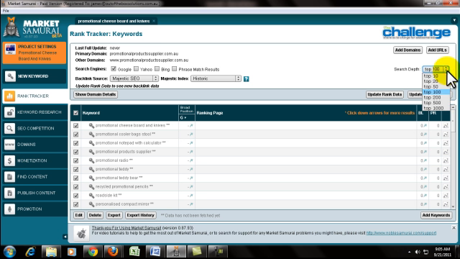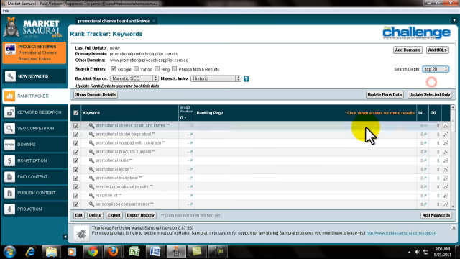you choose here if you want to get results for the top 100 or top 50. For this example, let's just set this to top 20 so that it will run faster. The higher the number here, the longer it will fetch data, and the more search engines you check, the longer it will also fetch the data you need. So then you click update rank data.